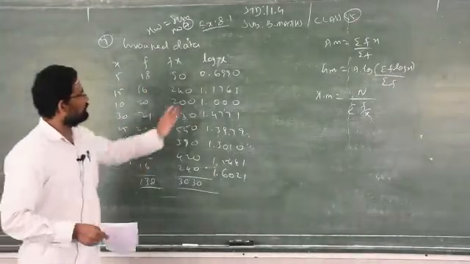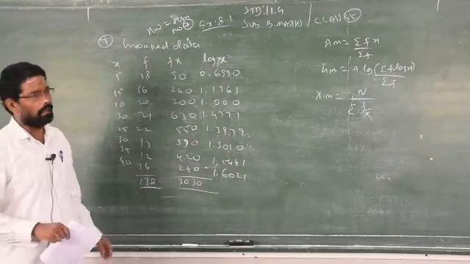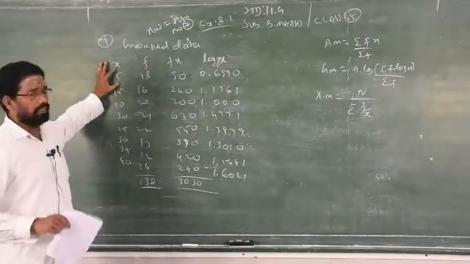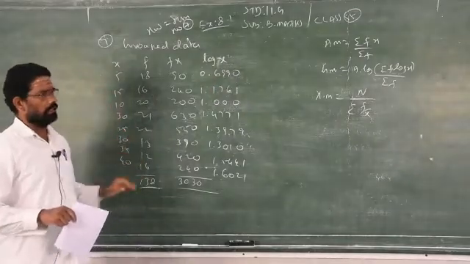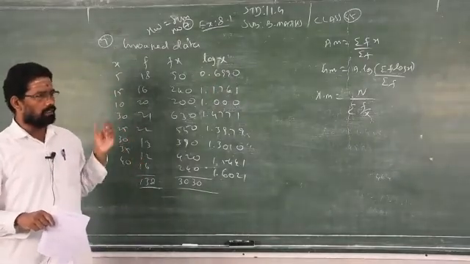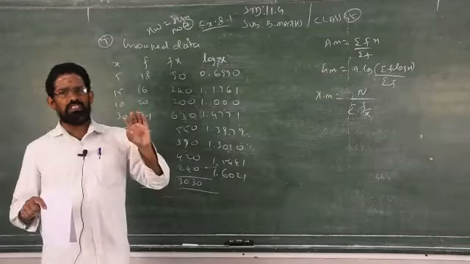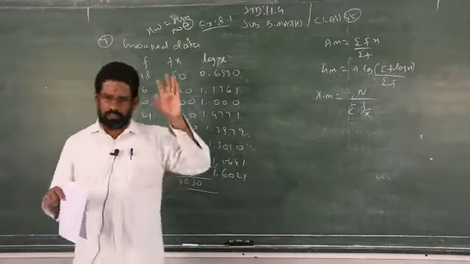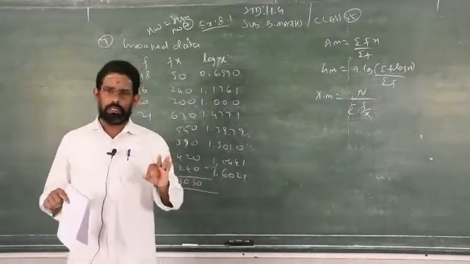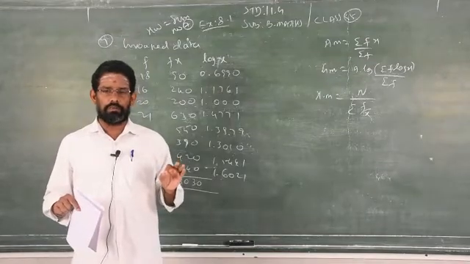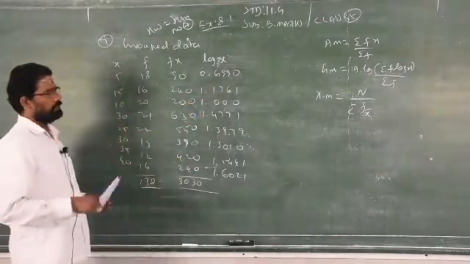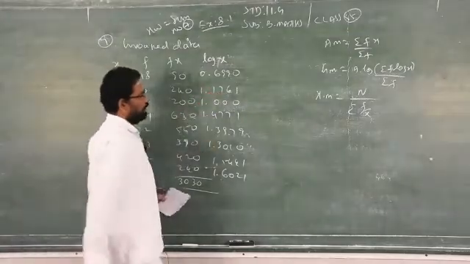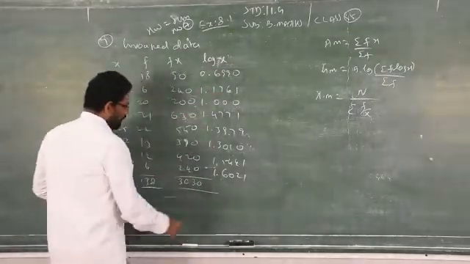Please check by seeing, I told you already how to find the logarithm value. Number of digits minus 1 is the integral part, then point, then you see the first two digits in the first column. If there is a third digit, you can see from 0 to 9. When the third digit is not given, you have to see under 0 only. If it is a fourth digit, you have to go for the mean difference, then add, then you can write here. Clear? Now I know what log x is.